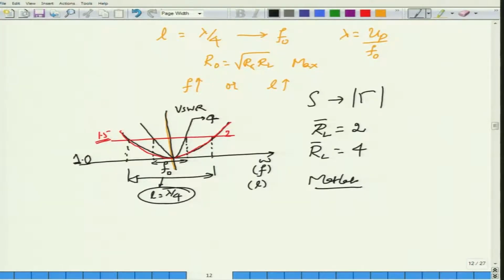the operating frequency f. Despite the fact that VSWR increases, we still use quarter wave transformer, not in a single section quarter wave transformer, but multi-section quarter wave transformers. The reason why we do that is because if you calculate what is called the transducer loss in dB, I will not derive this expression. So if you calculate the transducer loss, again you can write a short MATLAB code in order to do this thing. You will see that no matter what the value that I am trying to match, if I get the